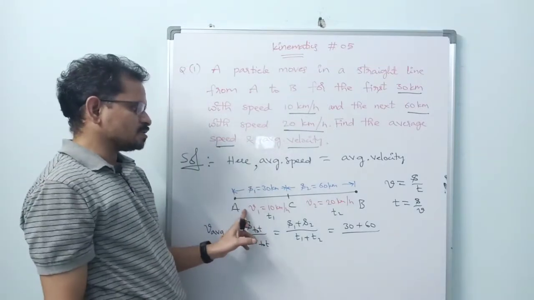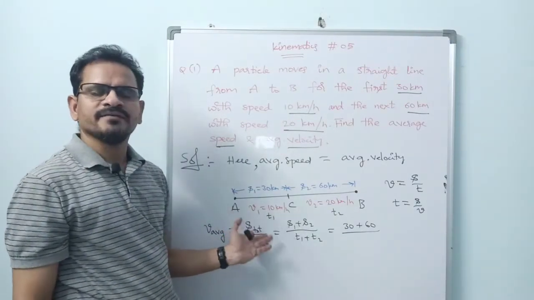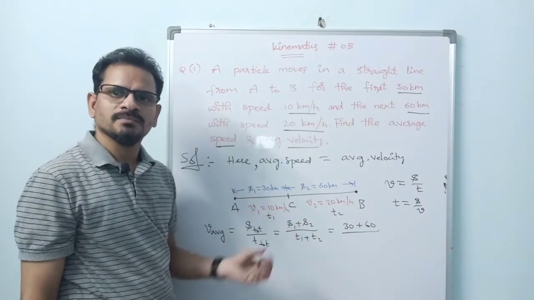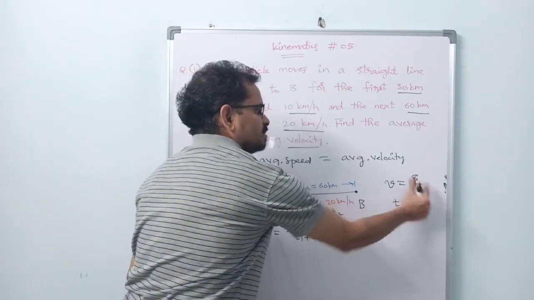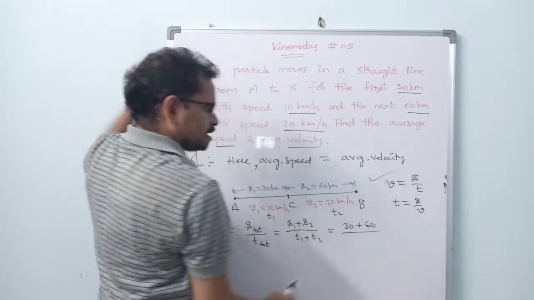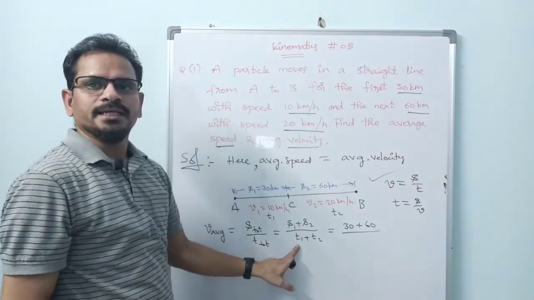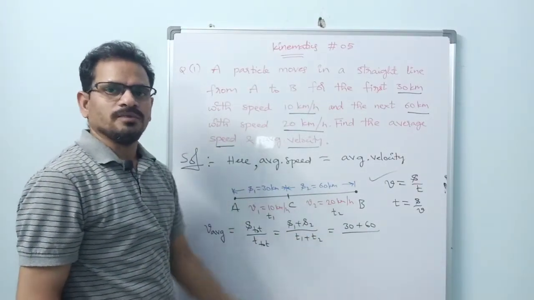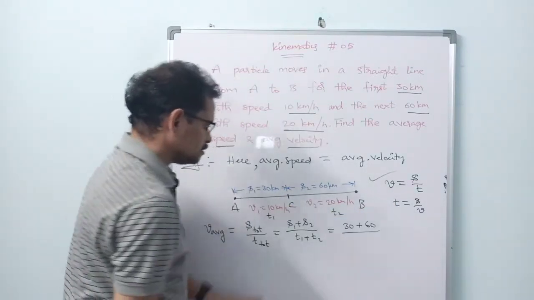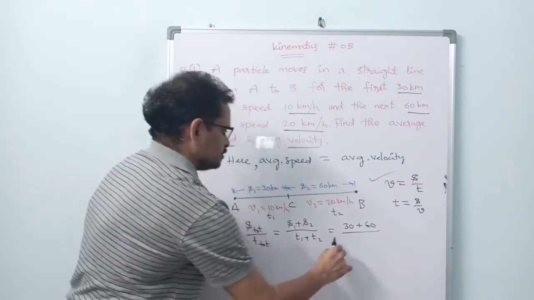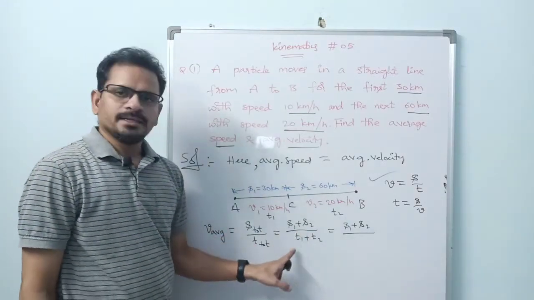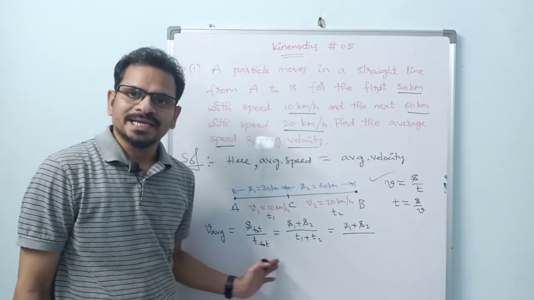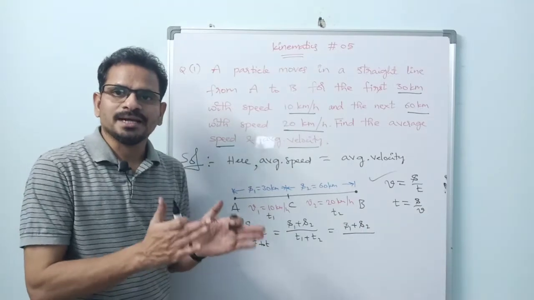See here, what is speed from A to C? 10 only. What is average speed? 10 only. So simply we can tell speed. So speed equal to distance by time, right? So what is T here? Since T is an unknown quantity, let us convert T in terms of known quantities. So what is T1? S1 by V1. Always while solving problems, see that unknown quantities are eliminated gradually and known quantities are retained in the equation.